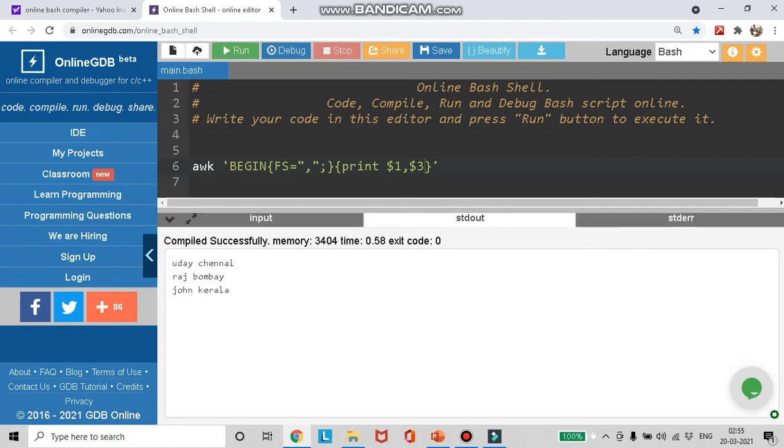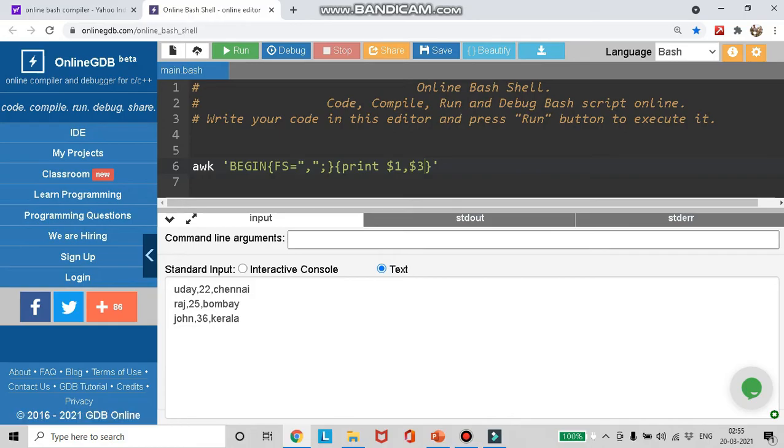Now here comes the question. What if I want to print all of these but separated by a hyphen? In that case I can use something called the output field separator. OFS is equal to a hyphen.